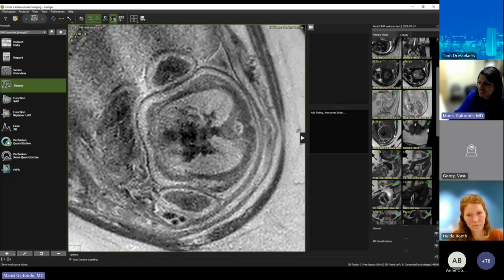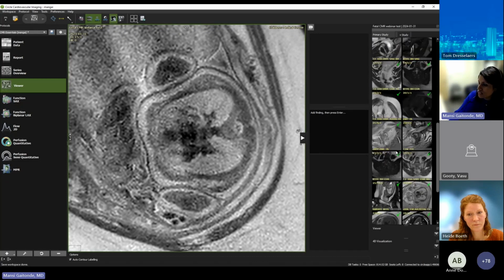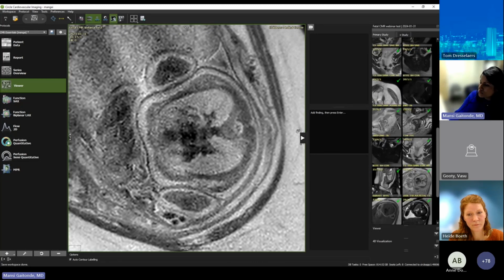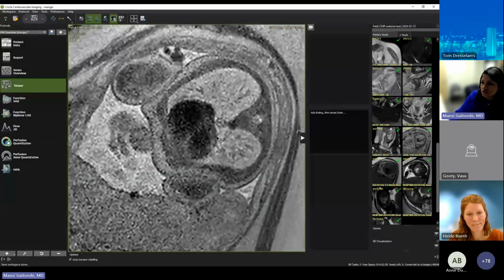So we took a pause, took some deep breaths, and spent some time looking at the placenta a bit. So we took a little bit of a break. And our conclusion at that was that the placenta accreta was not clinically significant. And so I felt like we got very good images from that regard.